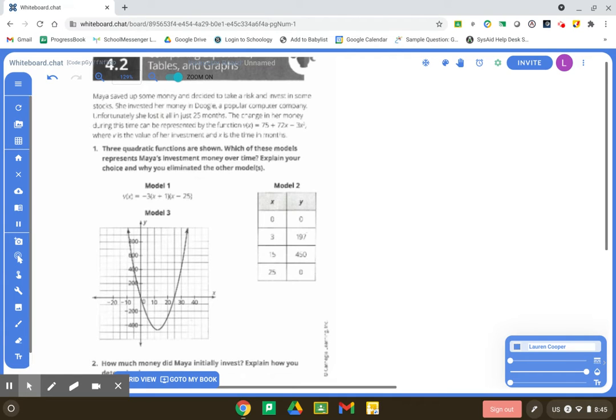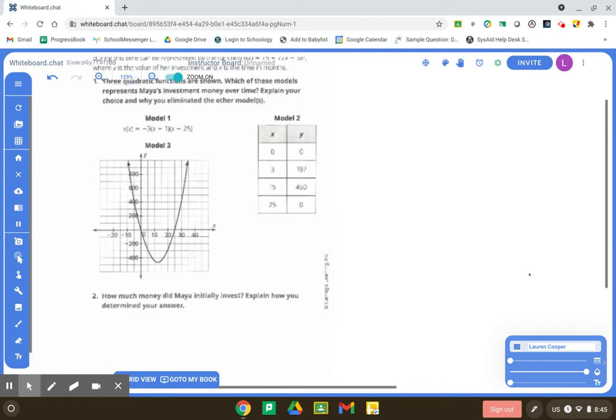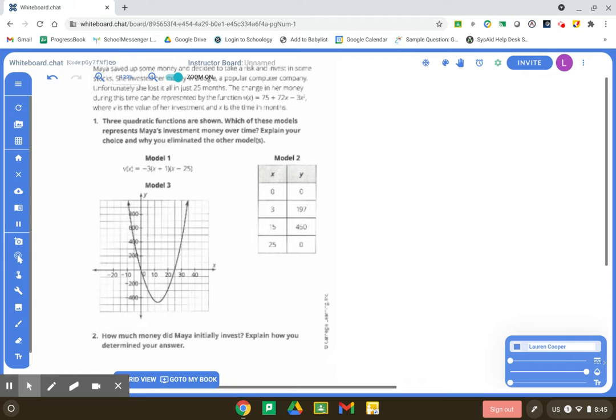Hey Ella, so I'm going to go ahead and explain 4.2, 4.3, and 4.4. I'm going to do it in three different videos just to kind of keep it small. So you should be on